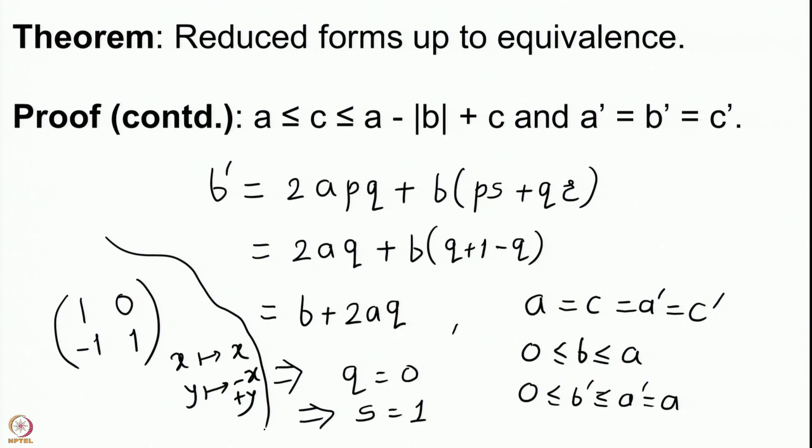It is a simple exercise for you to check that when you apply this change of variables, A is sent to A, C is sent to C, and the coefficient B is also sent to the same coefficient B. So by looking at all these three possibilities, we prove that there are only these many transformations which are allowed to take a reduced form to a reduced form, and all these transformations keep the integers a, b and c invariant. Therefore, the form f is sent to the form f prime.